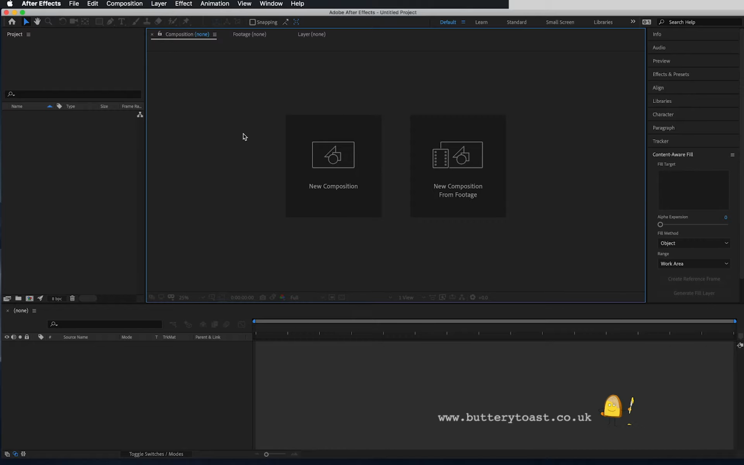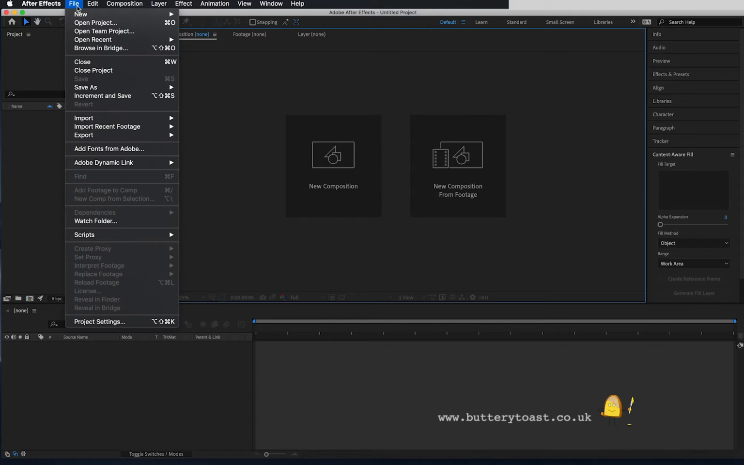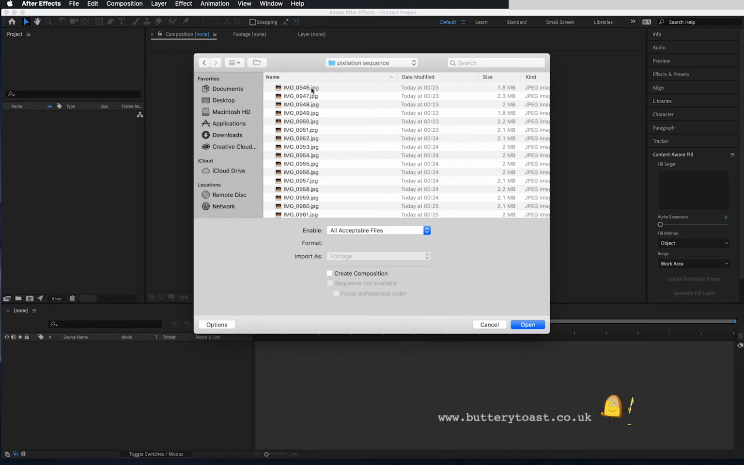Using After Effects, we're going to make an animation using an image sequence, a sequence of photographs that we've taken. First, we need to bring in the images. There's a couple of ways to do this, and I'll show you two quick methods. The first method is to go to File, Import, File, and navigate to our folder with all of our images